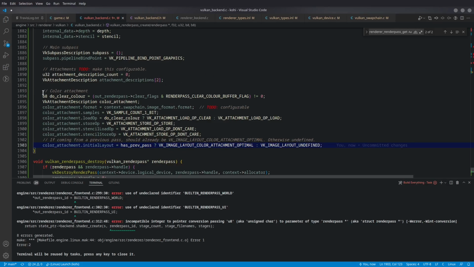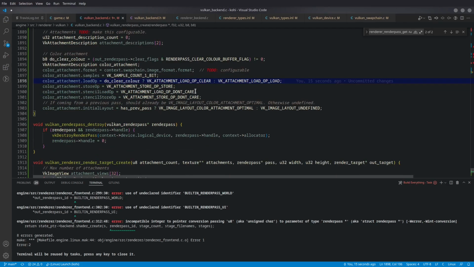the first thing that we're going to do, though, is determine whether or not we need to do the clear color on this. So if the clear color buffer flag is set, then we'll need to do a clear. And that just basically has us change the load operation, whether we're going to do load operation clear or load from the previous attachment, or the results written to that attachment from the previous render pass is what I'm trying to say. And then